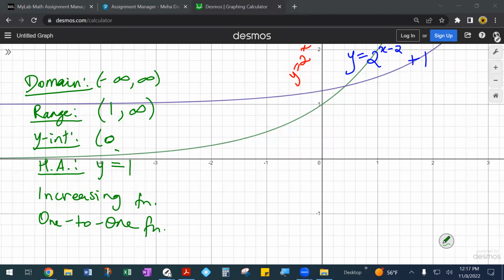Where's our y-intercept then? Plug it into your calculator. What happens when you take this function now, 2 to the power of x minus 2 plus 1, replace that x with 0, because of course at a y-intercept your x will be 0. What are you going to end up with? So for the y-intercept,